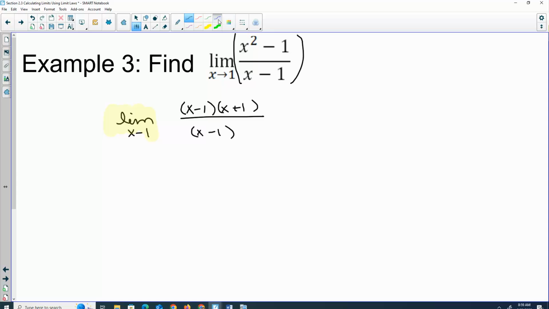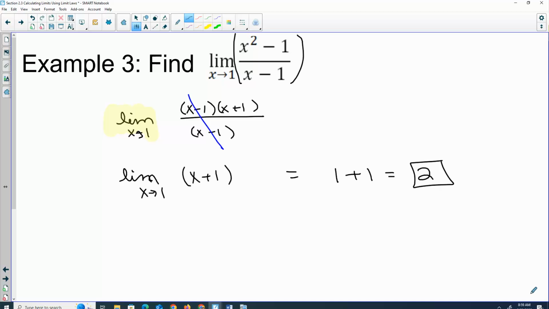How does this help? So now we have the limit as x approaches 1 of x plus 1. Now that's just a polynomial, so now I can plug it in. When you plug in the 1, that's when the limit goes away. So the moment when I plug in, I drop that limit symbol. And I found out that this limit was equal to 2. No way I could have gotten that from the original. It just gave me 0 over 0, so we had to use algebra first, simplify it to get to that point. The reason that's legal